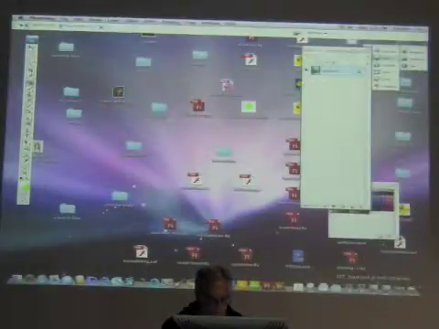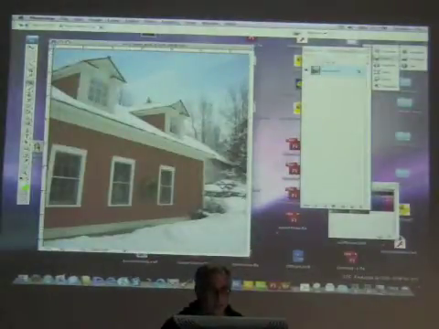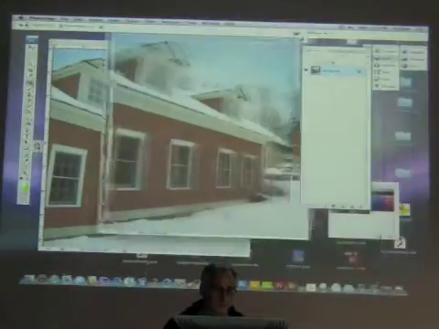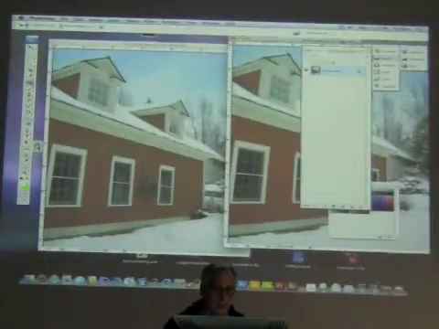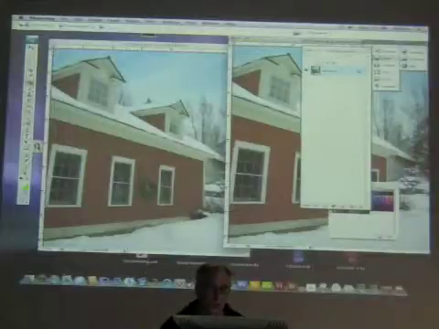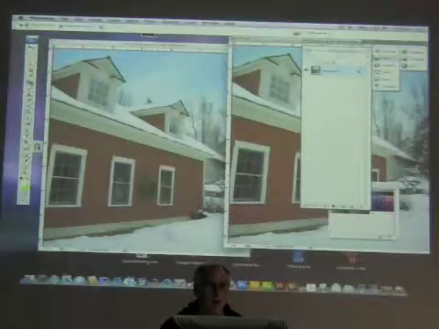Next one, we'll go ahead and we'll open the side of this. Looks sort of like a school. You'll notice in here, in the original, that it has three windows and it has a little wreath along the side. Well, what if we want to remove the wreath and we want to go ahead and add another window? How do you do that? And make sure, because notice all of the